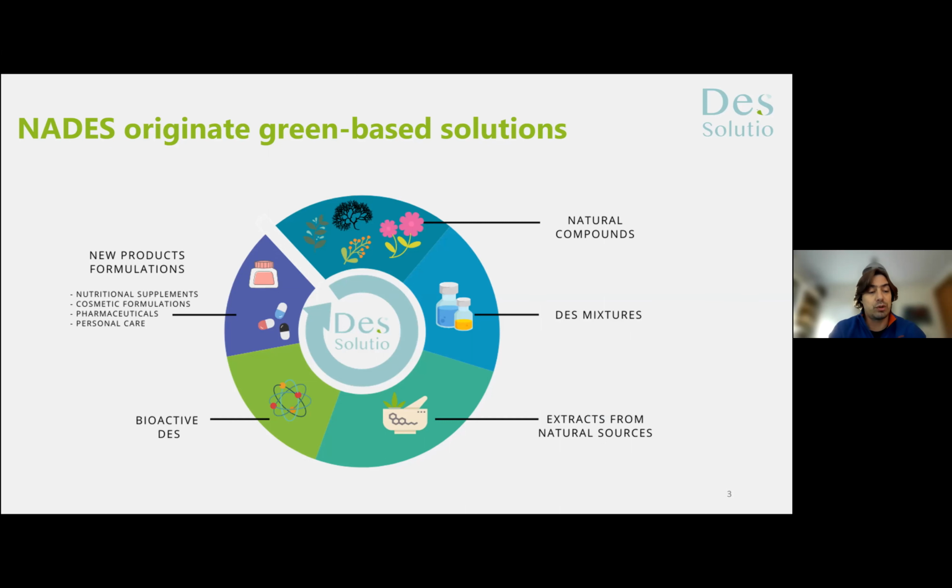And as I will show you later, and Anastasia already talked a little bit about this also, the big advantage here is that these deep eutectic solvents are not just like common solvents that we use and then we need downstream processing afterwards to obtain our extract. So they can be bioactive extracts, and we can have a bioactive deep eutectic solvent with or without an extract. And this opens a lot of possibilities for the creation of new formulations for nutraceutical, for cosmetic, pharmaceutical, and even biomedical and personal care.